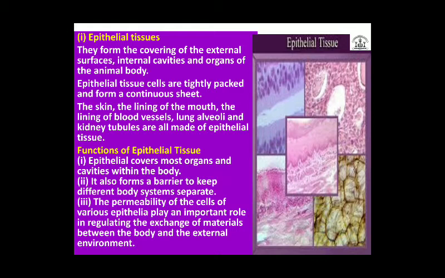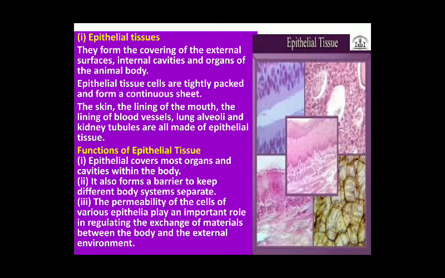Also some water comes from the outer to the inner part. And in certain cases it secretes and acts as glands. So the functions of the epithelial tissue are: it protects the organs which it covers, it keeps different organs separate, and third, epithelium forms a selectively permeable layer over the body and other organs.